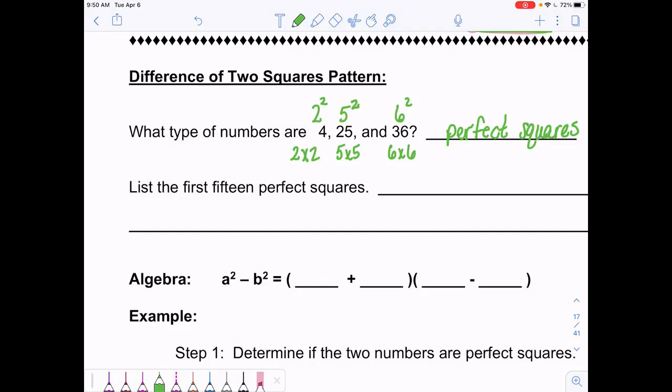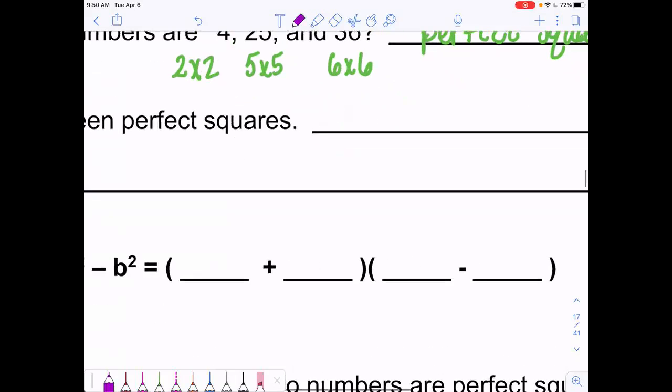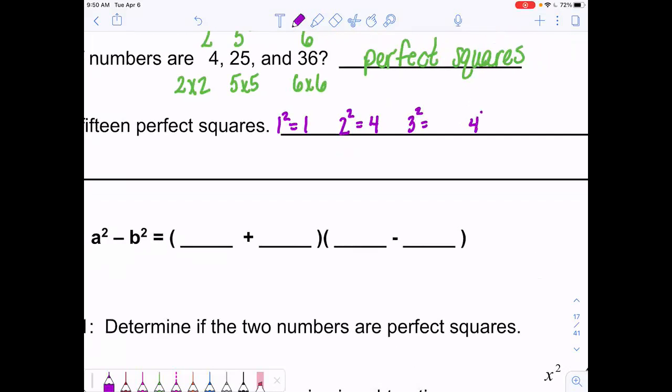I'd like you to list the first 15 perfect squares. So for a number to be a perfect square, I need to square that number. If I start with 1, 1 squared is just 1. 1 is a perfect square because 1 squared equals 1. My next perfect square would be 2 squared, and we just said 2 squared equals 4. And then I move to 3 squared. See if you can list the first 15 perfect squares. And then 4 squared, 5 squared,